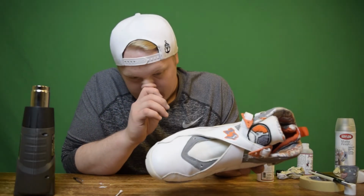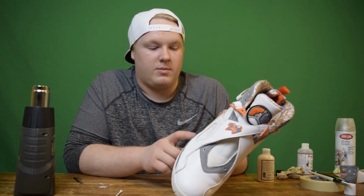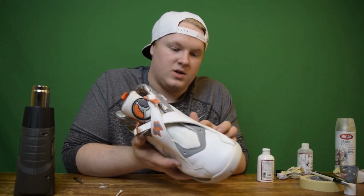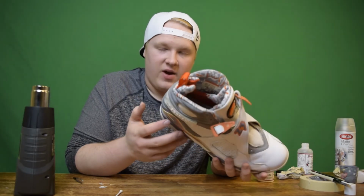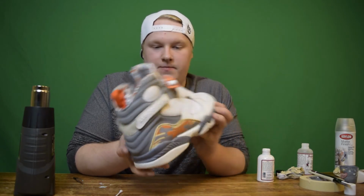What I would have done different is I would have taped the soles when I was stripping the paint, and I wouldn't have been so rough on the midsole because it's all beaten up and not as appealing looking. It almost looks fake, I guess you could say. But we're gonna get these laced up, get some